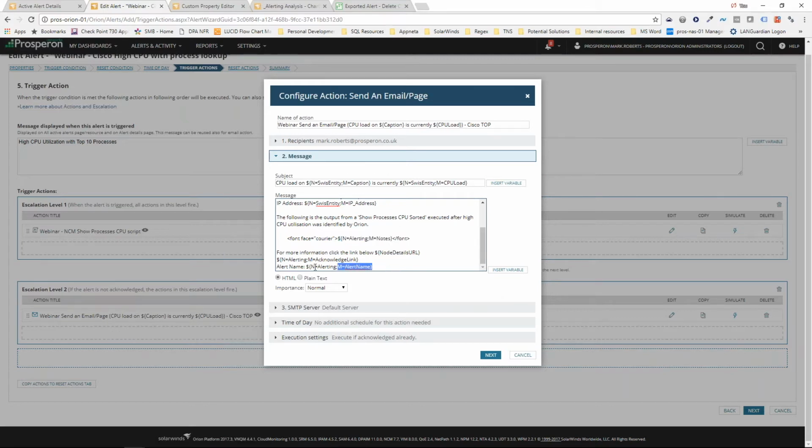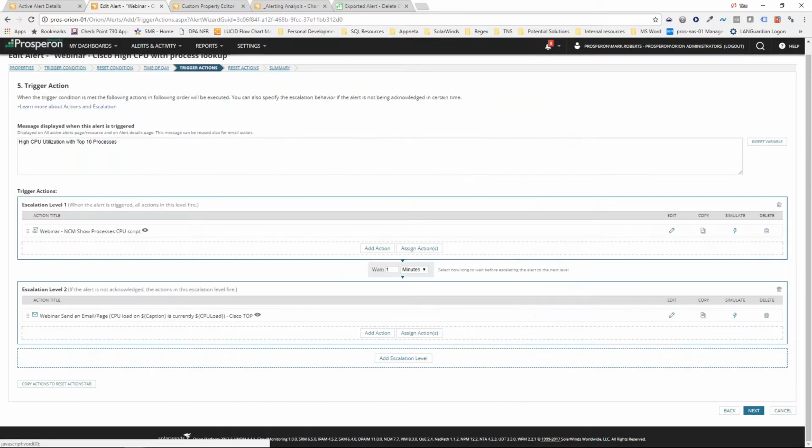Just these things at the bottom, top tip. Always include the alert name variable in your alerts. Again, you may well have experienced this, whereby you've got alerts coming out of Orion, and you're kind of trying to understand why. You need to be able to correlate this to the definition. So this will allow you to make sure you're actually editing the same alert that's generating that output. Okay, so